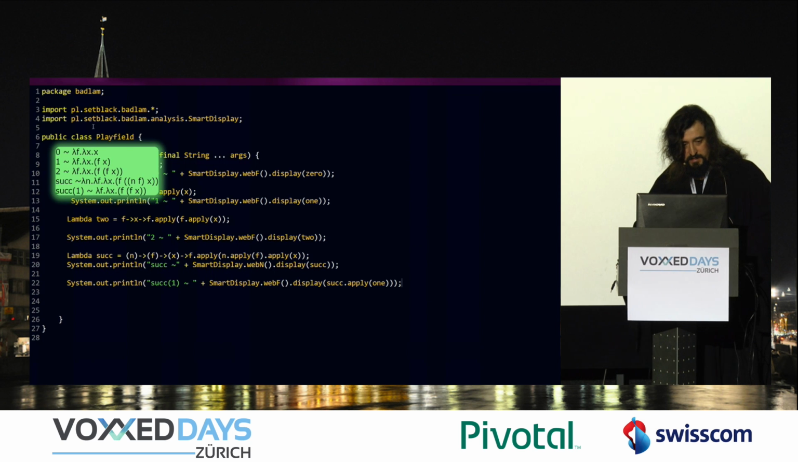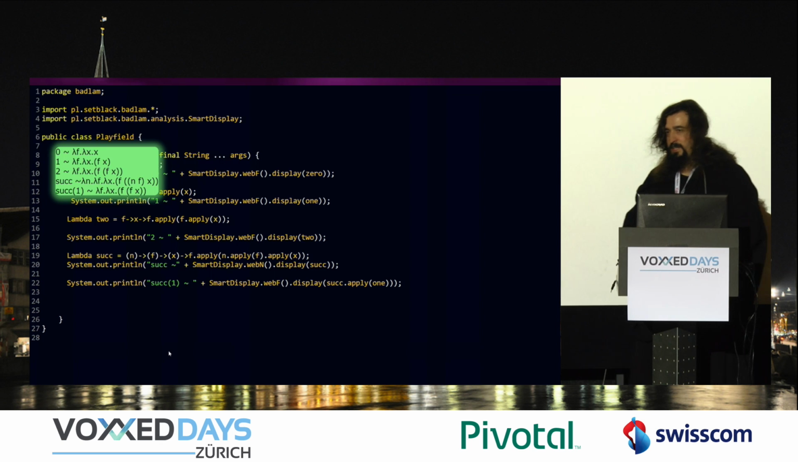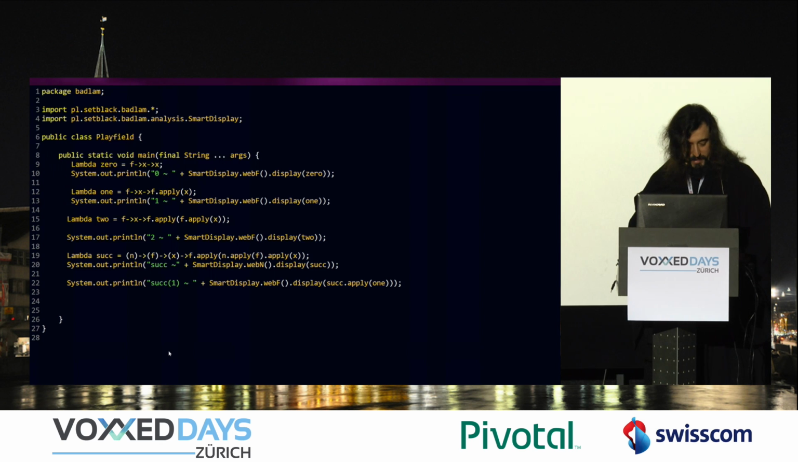Yeah, so here is 0, 1, 2, and here is successor of 1. Yeah, it's 2. Perfectly works. Okay, so if we have a successor, if we have 0, in fact, it's very easy to create whole natural numbers math. So like,